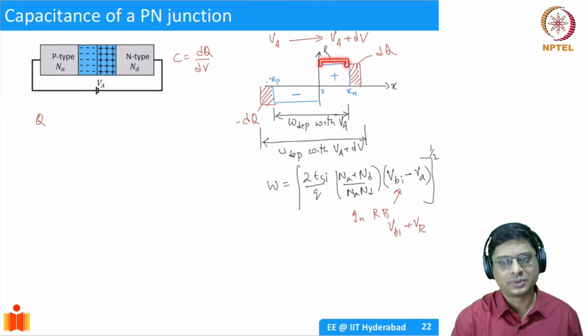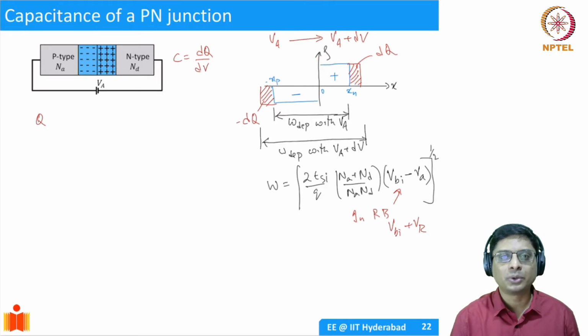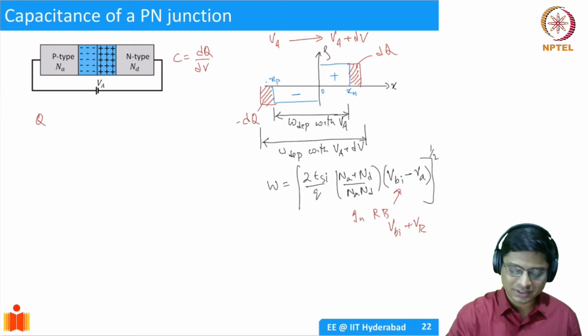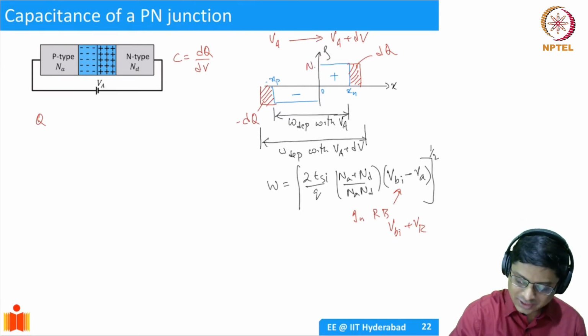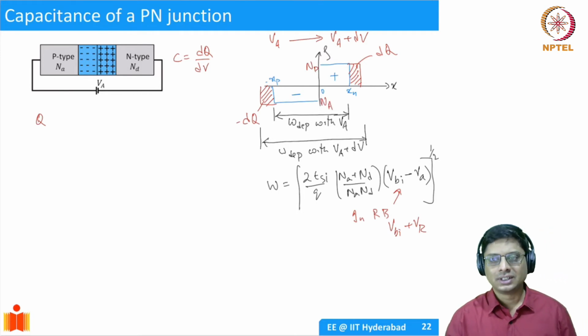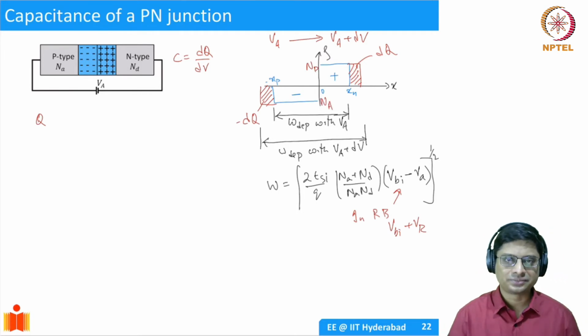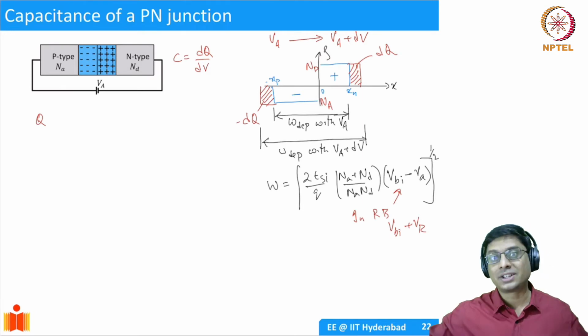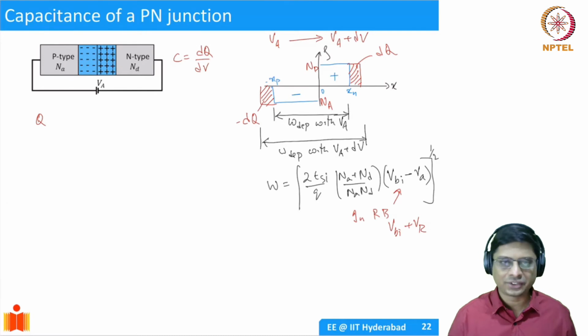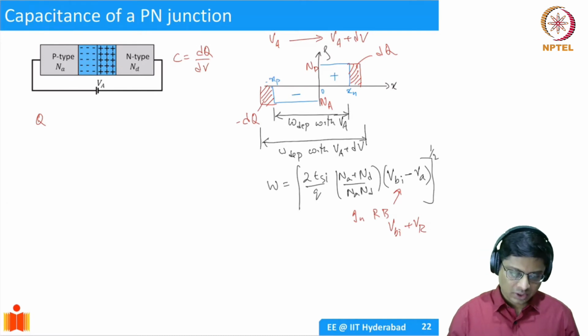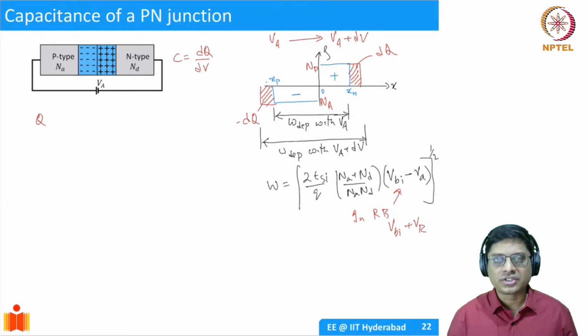It should be very clear by now that it's uniform doping. So you can't change the y-axis. This is going to be determined by your Nd, and this is going to be determined by Na. That cannot change. That's the lattice fixed charge. We can only change the extent to which you remove the electrons or holes. So in the x direction, you can change. All right, let's come back to the charge.